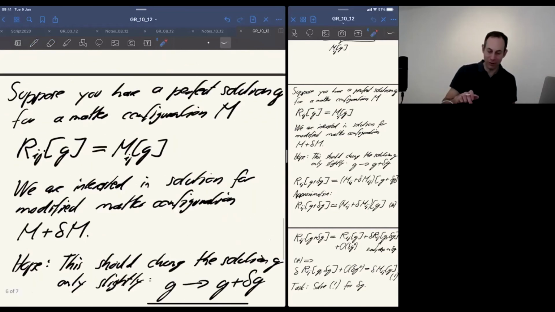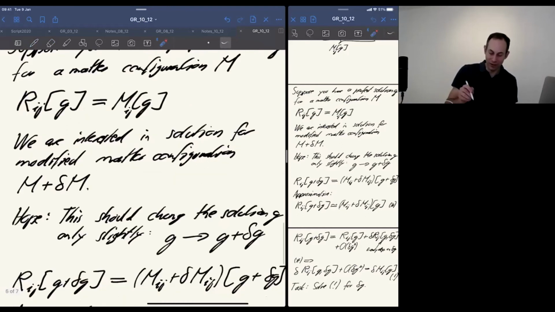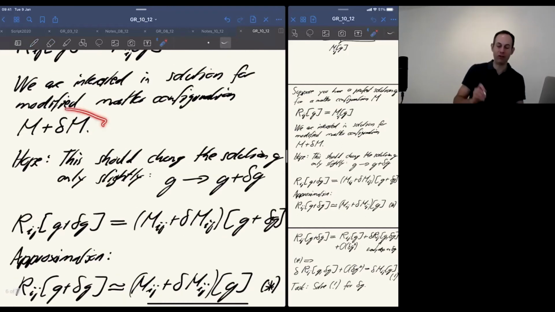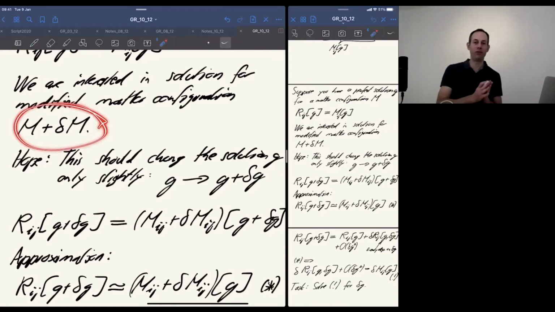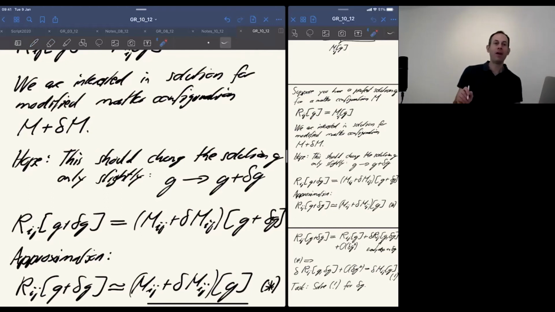Because we started this whole thing by saying that we are interested in having a solution where m is a little bit changed. And then we said, okay, to accommodate the change on the right-hand side, on the matter side, we need to change the geometry a little bit. However, it's possible that we just change the geometry a little bit without changing the right-hand side at all. So in some way, we could also ask the question, even if this delta m is zero, is there a delta g such that the Einstein equation still holds, but there's a small perturbation on the geometry? And that's exactly the situation we have when we look at